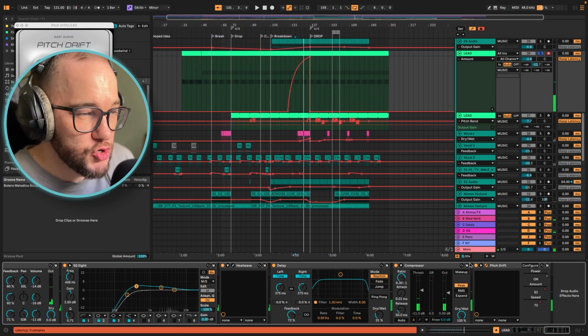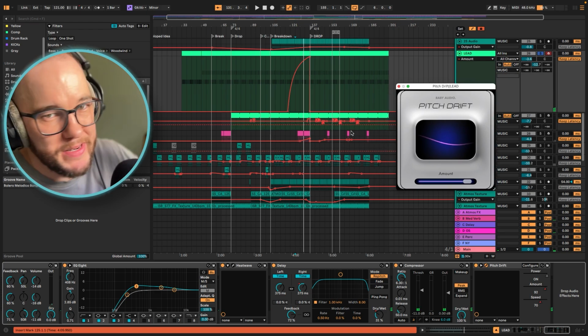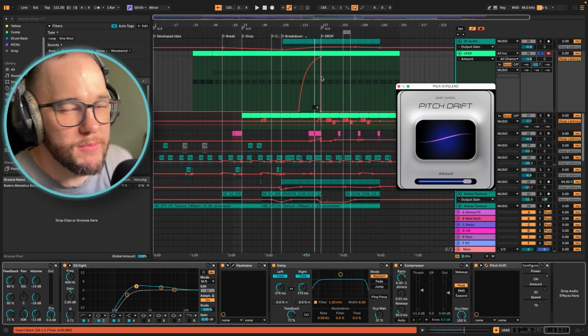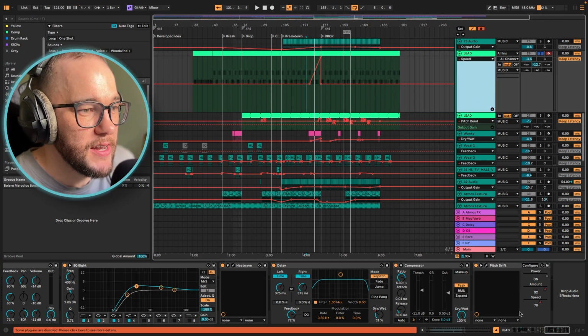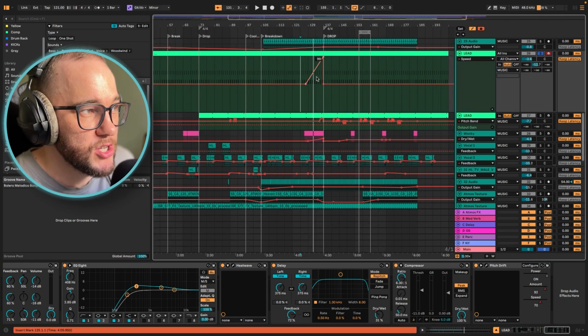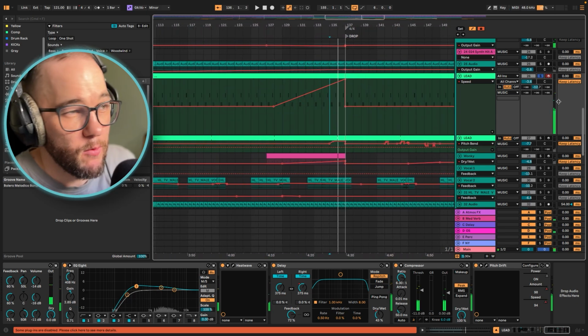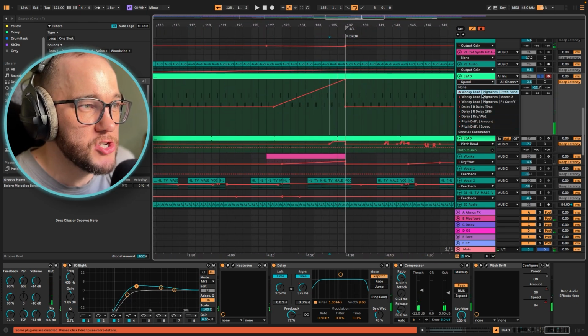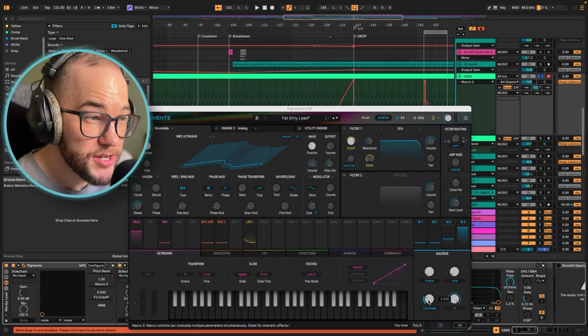So this is Pitch Drift, which is a free tool, and it basically is just shifting that pitch up and down even more, and we're doing that only in the build-up to give it even more of that pitch shifting. And then we have the speed as well, so it's increasing in speed, which is one of the really big reasons why it changes so much. The Macro 3 also builds up in here, and that is shifting the weirdness,